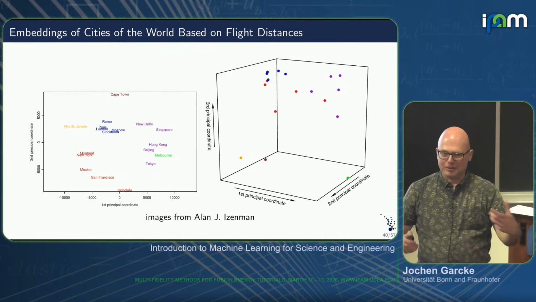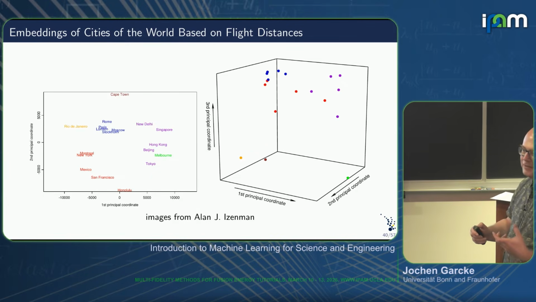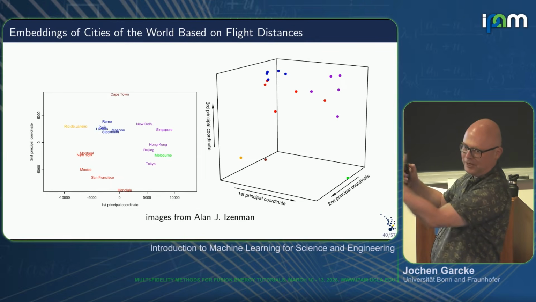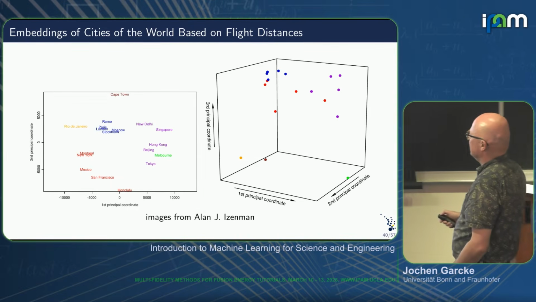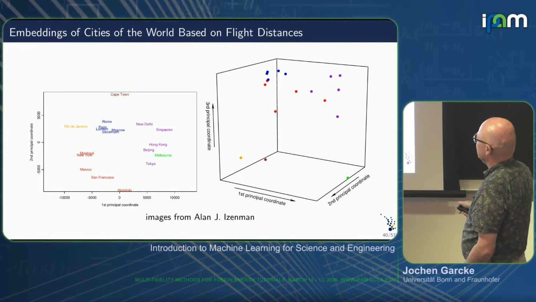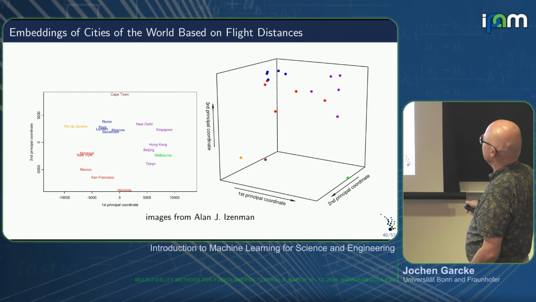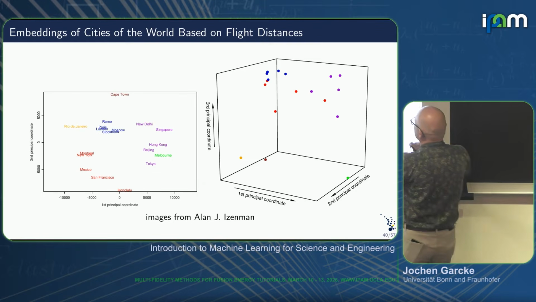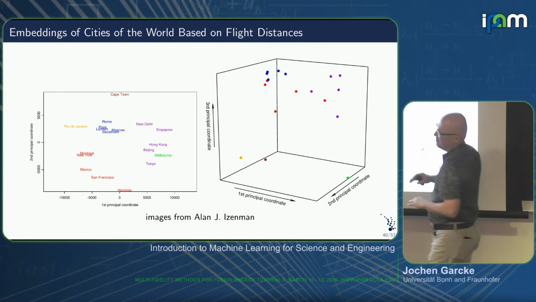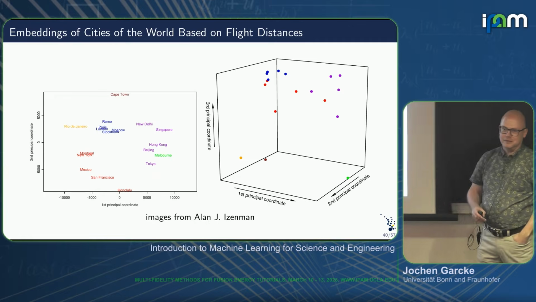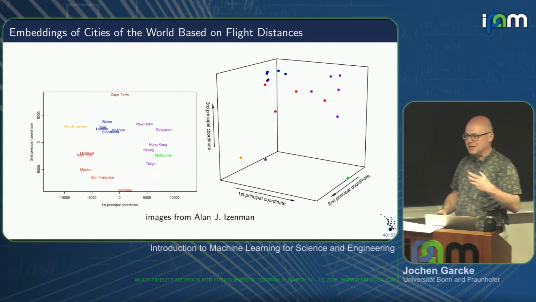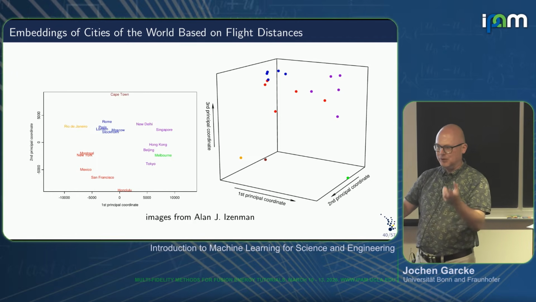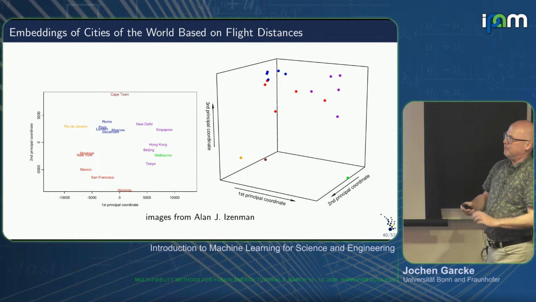But just based on the geodesic airline distances of cities, you can reconstruct the globe, so their locations on the globe. So here's Melbourne, here's Rio de Janeiro, here's Cape Town, and I guess here Europe and North America are a bit overlapped. But this does work. So this is the funny, interesting thing: just based on distances, you can reconstruct geometry.